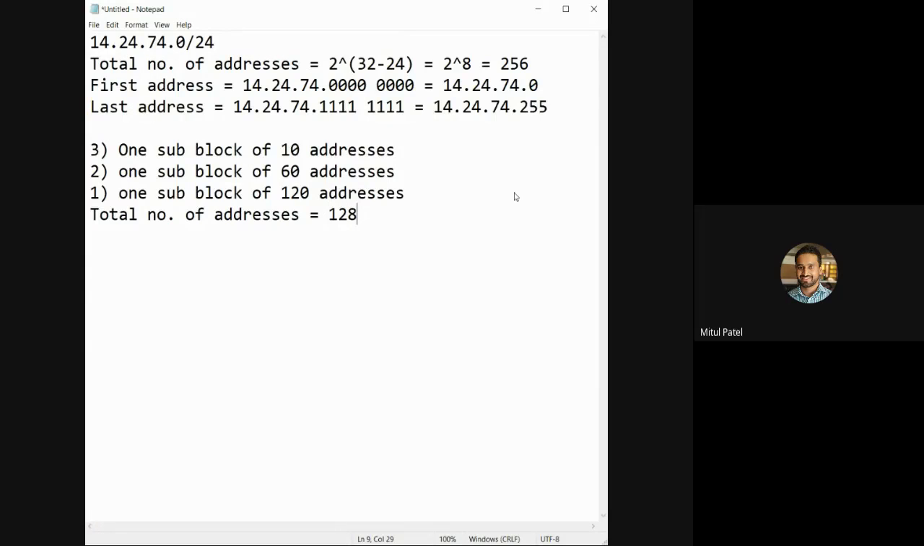Total number of addresses will be 128. Okay, the requirement is 120, still we have to allocate a total of 128 addresses. Okay, the subnet